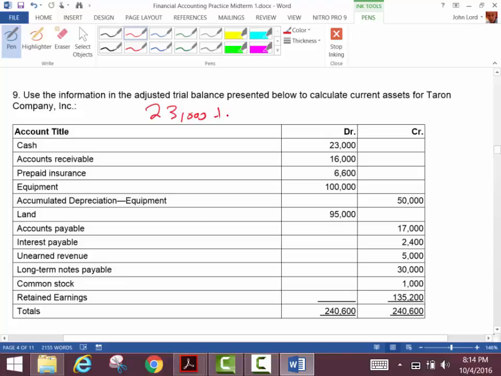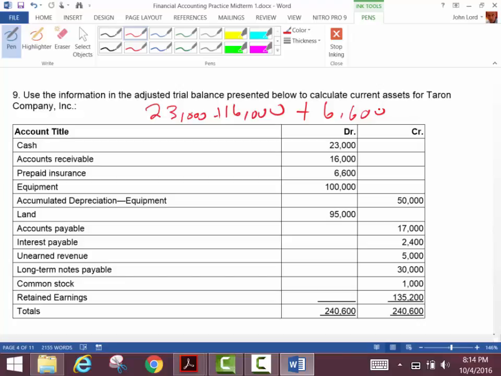So we go ahead and we add that one in. How about prepaid insurance? We add that one in. We're probably going to use up that insurance in a year or so, aren't we? Even though it may be a 2-year insurance policy, we don't sit there and hassle ourselves over 1 year versus 2 years. Usually prepaid insurance is going to be gone pretty quickly, right? How about equipment?